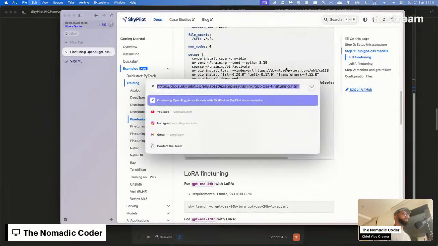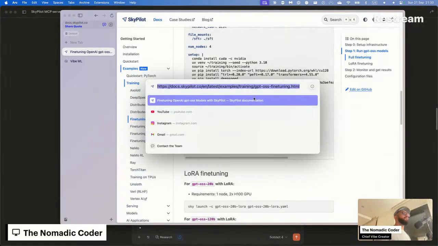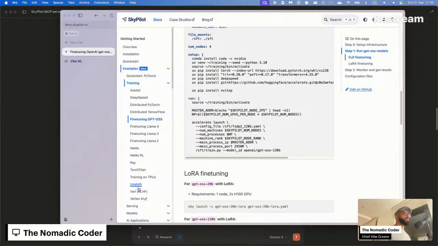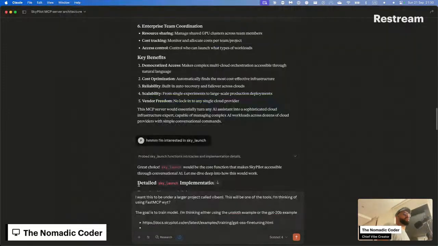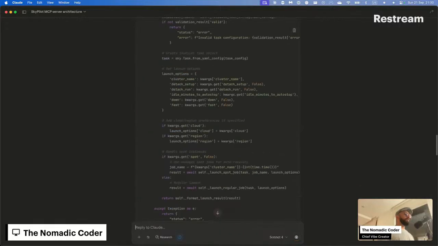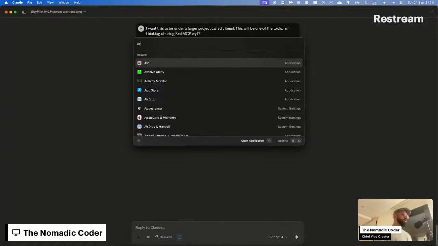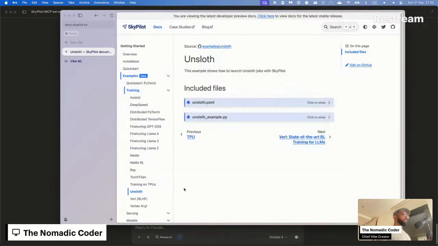These are the 20 billion example, and then I want to give the Unsloth example. GPT 20 billion honestly would be really cool as a reference to be able to reproduce in this setup. And then I'm also thinking,